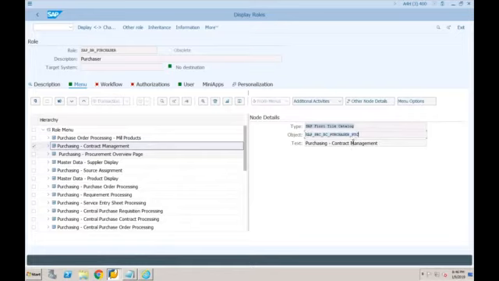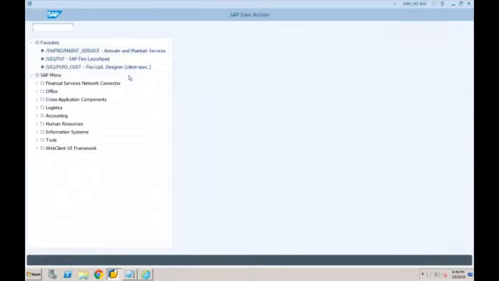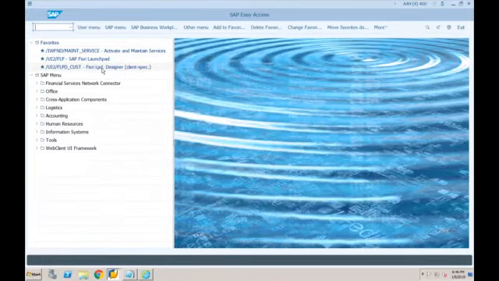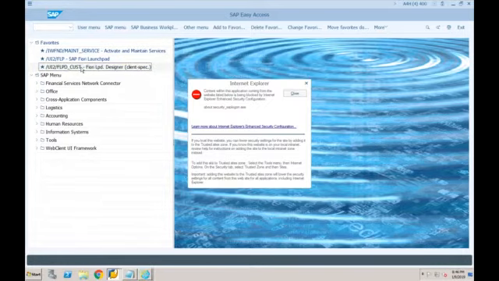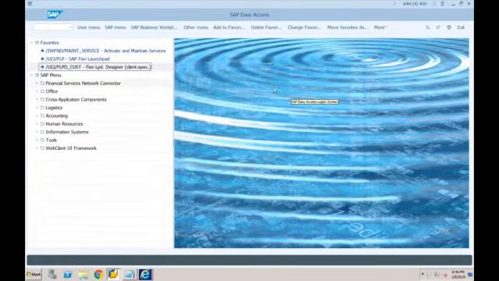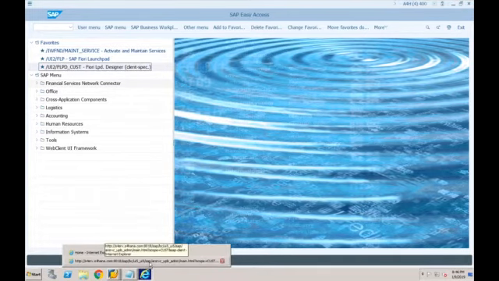I'm just copying this, and let's go to a new window. And again, I have a shortcut for this. This is called the Fiori Launchpad Designer. See, normally these things that I'm showing you will be done by your Fiori consultant. I'm just giving you the overview so that whenever you are speaking to your Fiori consultant, you also know what he's going to do in the background. Okay, so you just click on this Fiori Launchpad Designer.